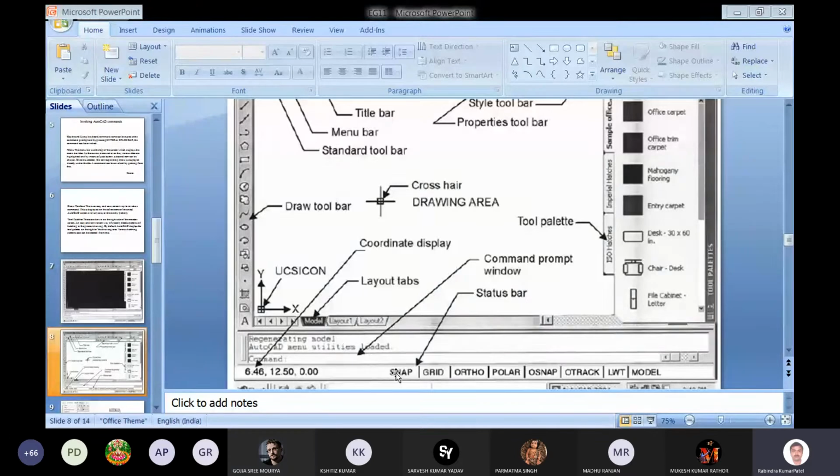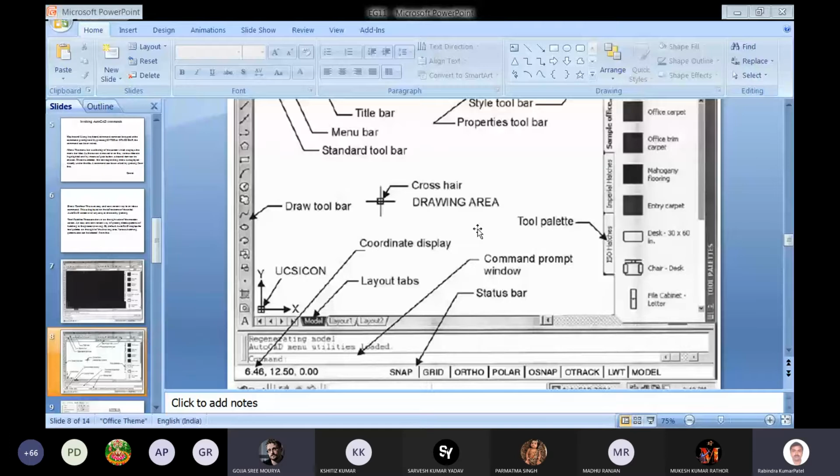When you press polar on, then you can enter the angle and distance for any point. Sir, where is that? I can't see. This one, polar. Acha, below that. Okay, sir. Thank you.